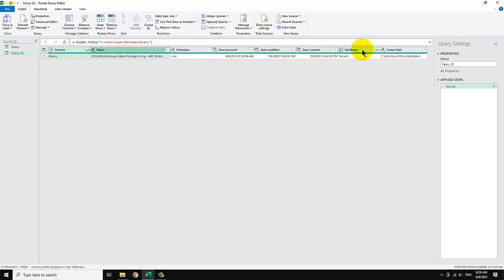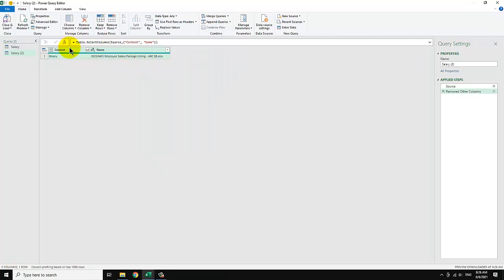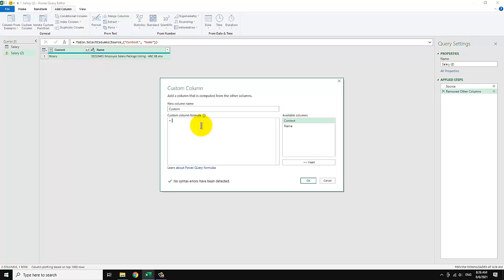So the rest is not needed. So I can just right click here and remove other columns. And then I'll go to add column. Now I'm going to do this only one time. I set up one time and the rest is not needed. So I just do the Excel.Workbook